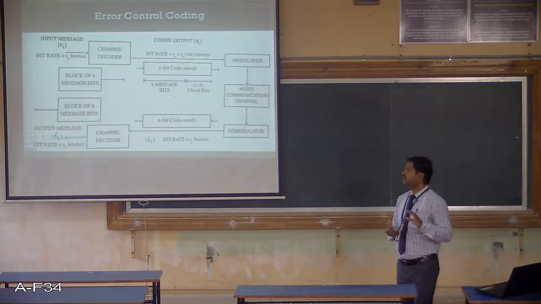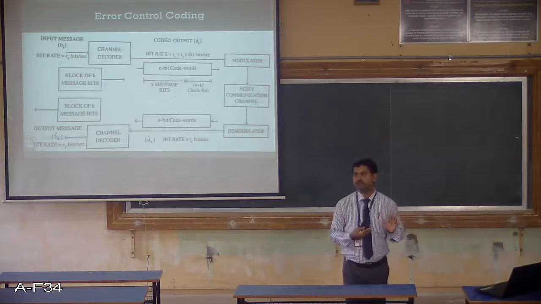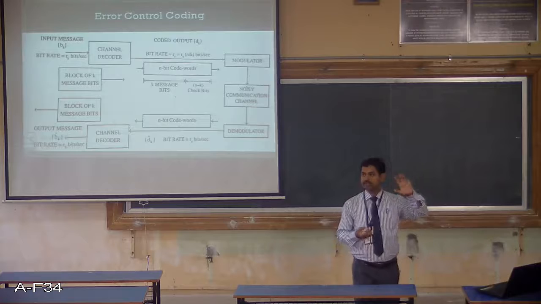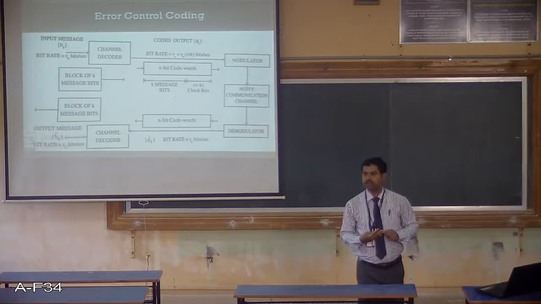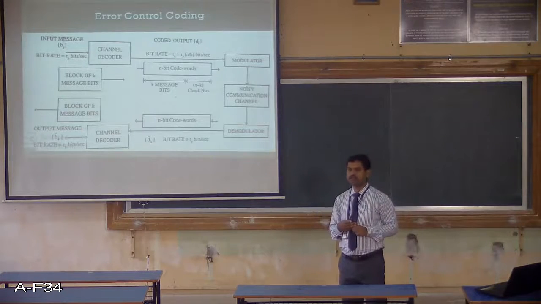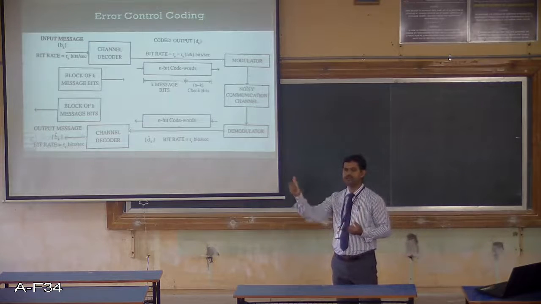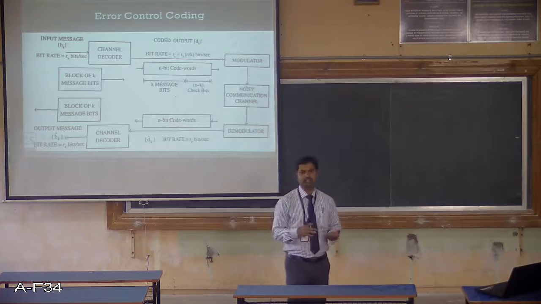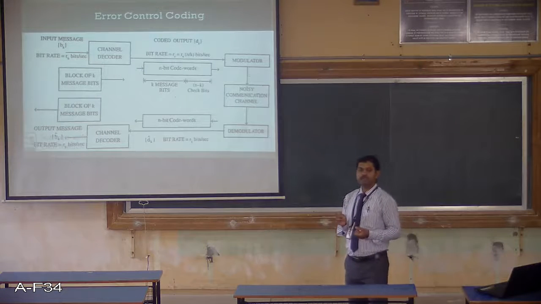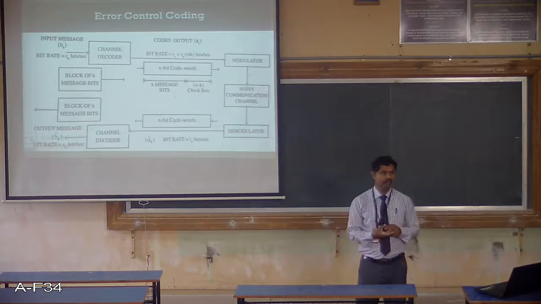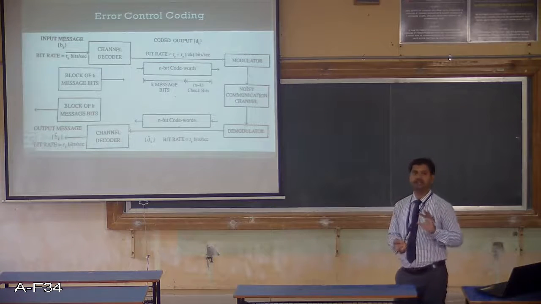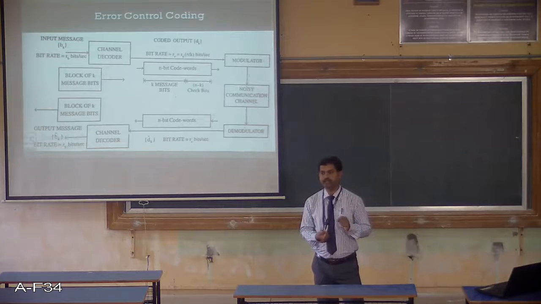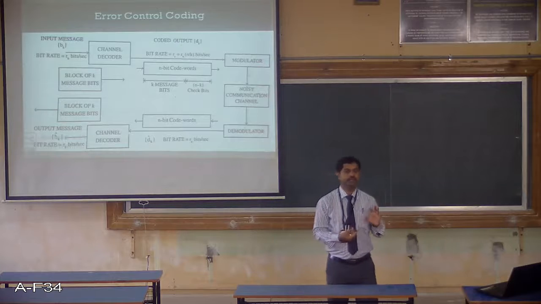We have already seen the digital communication system. Starting from the information source, which generates the information, it is passed to the source encoder, where it encodes the information into some kind of coding sequence. Later it is put onto the channel, so we have modulation and demodulation. In the existing communication system, in order to detect and correct the errors, we need to deploy some additional functionality, which is error control coding. The technique is very simple.